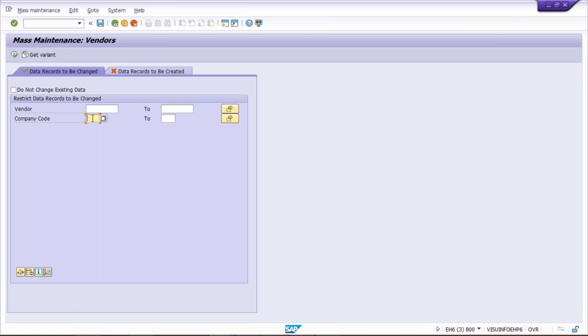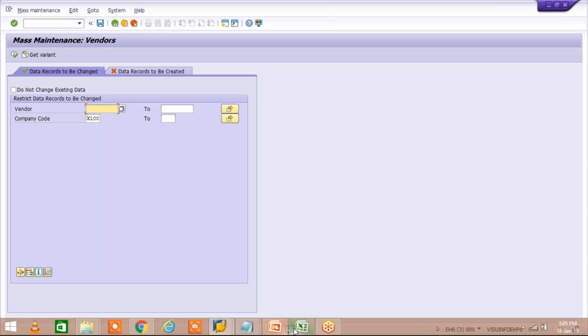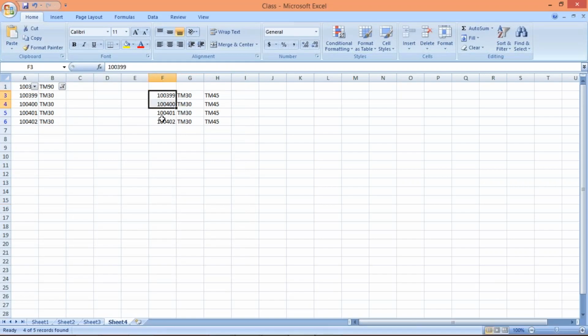Here we can give the company code X100, and we have to decide against how many vendors we are going to make changes. These are the vendors, right? Right now we have 4 vendors, so you select like this. If you have 4,000 vendors, then what will happen? Simply click on this column here and just